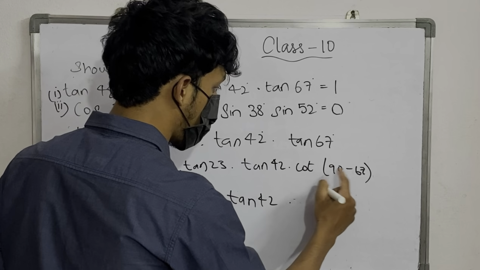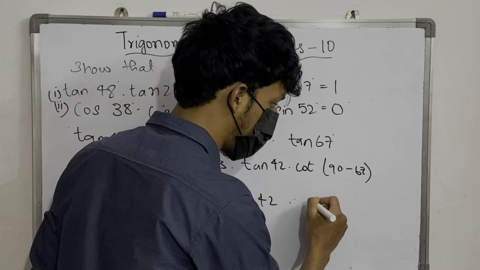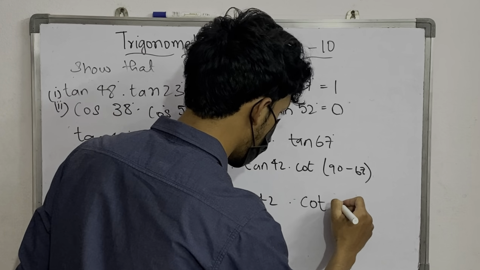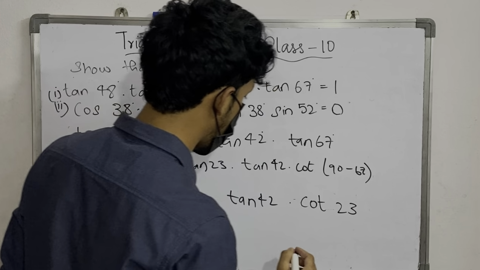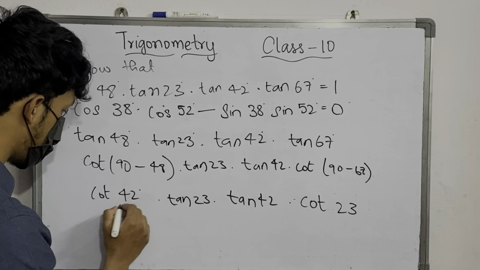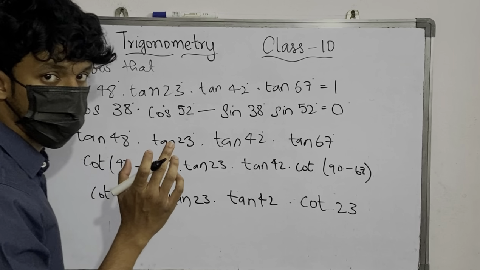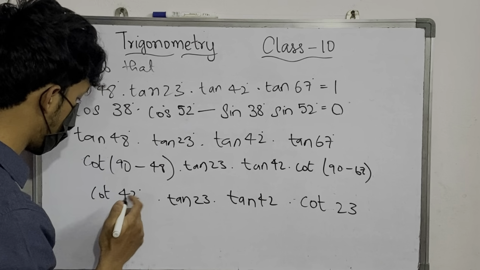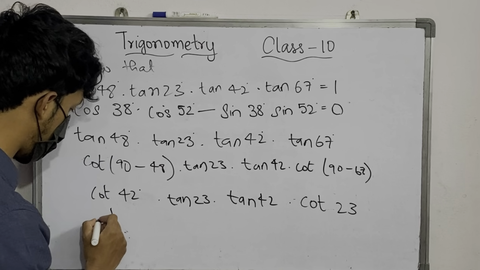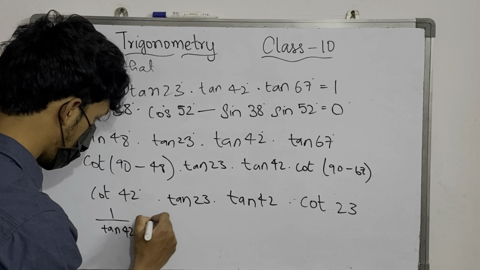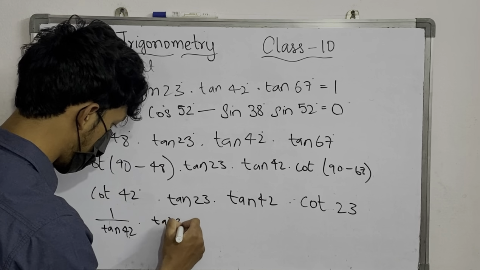So again, cot 90 minus 67 is 23. Now this can be written in the form of 1 by tan, and tan 23,